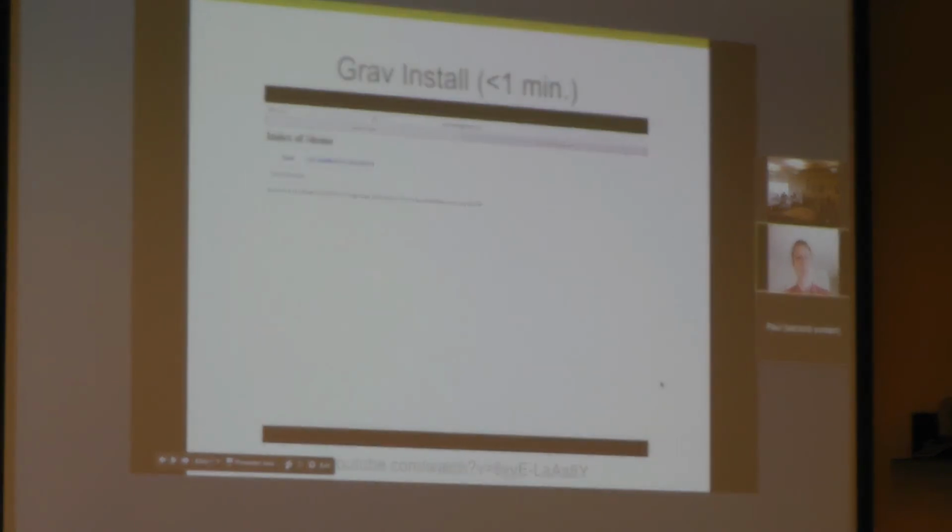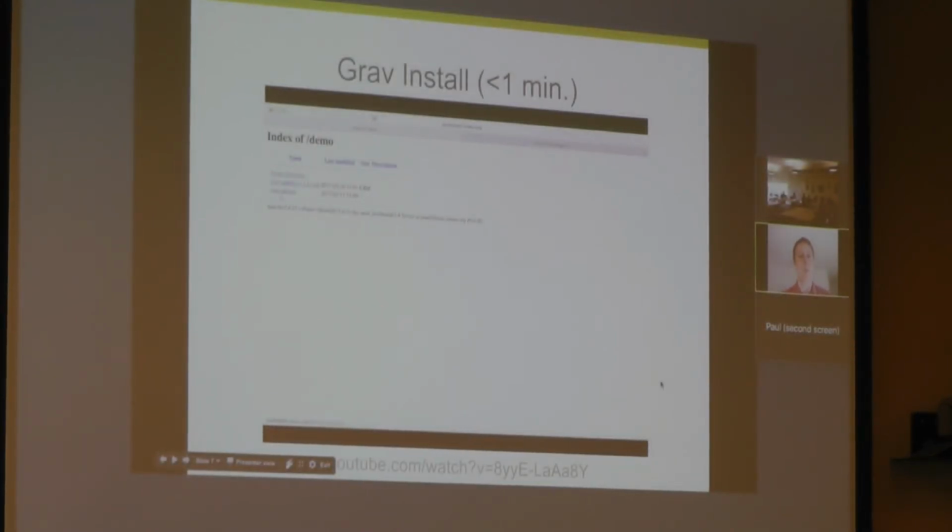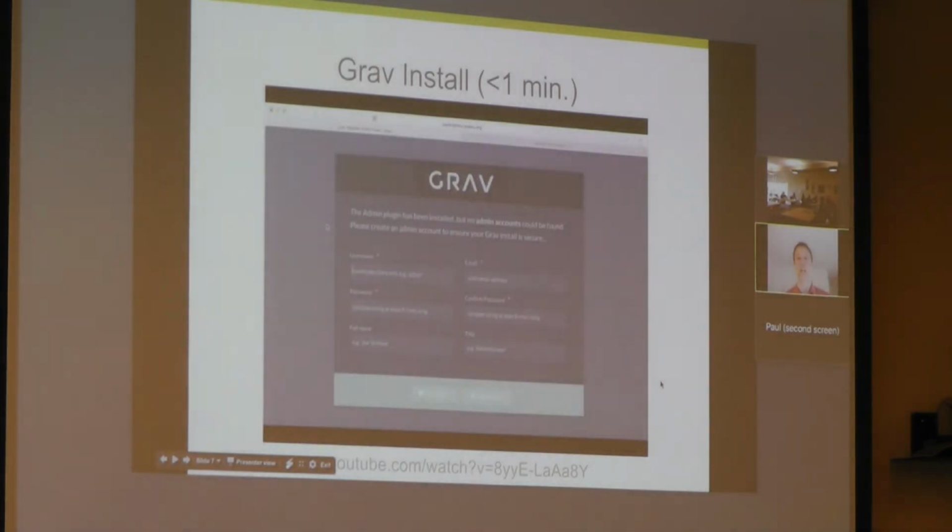I'm going to go to my web browser, navigate to the directory that I expanded that zip file into, and open the folder that the zip file expanded into, and voila, Grab is running. The only thing you need to do now is create an admin account, so that you as a site author or administrator can access the site's options. So you see here, I'm entering my username and password, creating my first user,